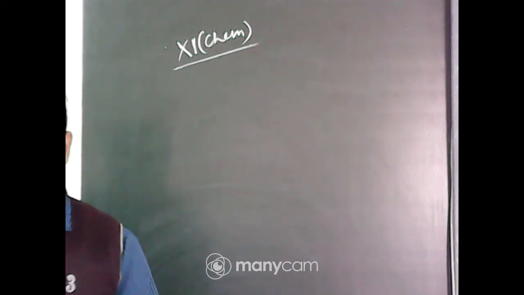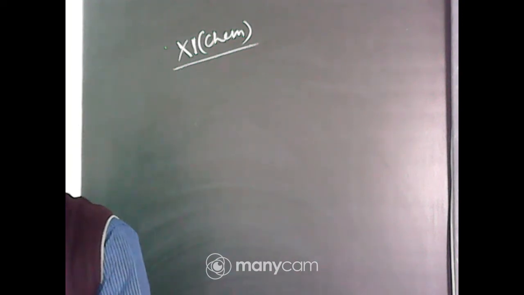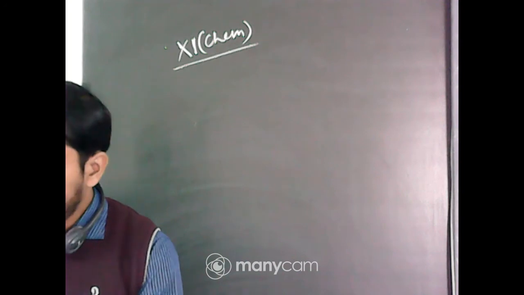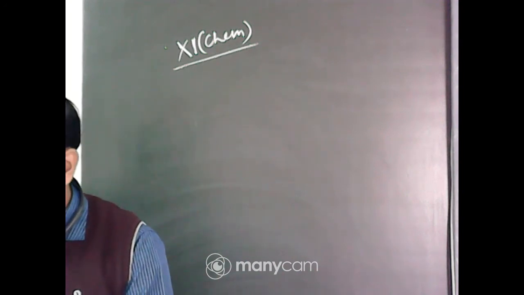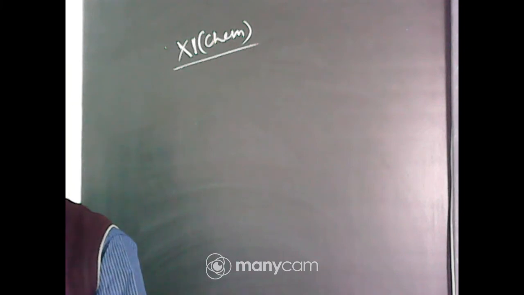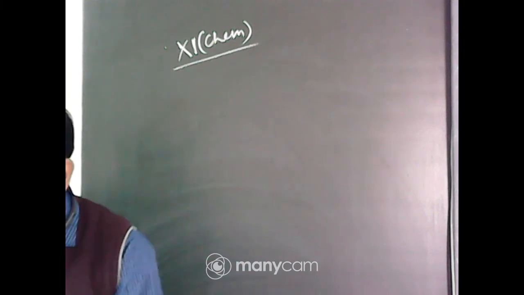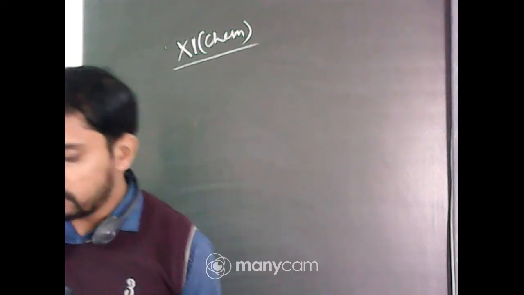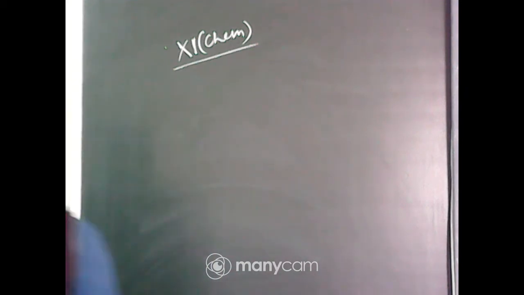Now, next one: boric acid is an acid because its molecule contains replaceable hydrogen ion, gives up a proton, accepts OH minus from water releasing proton, or combines with proton from water molecule. Here the answer is option 3, accepts OH minus from water releasing proton.